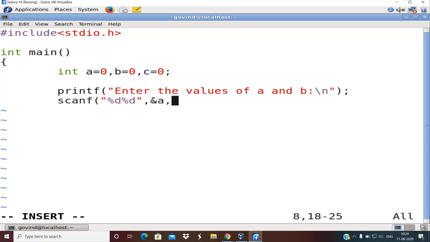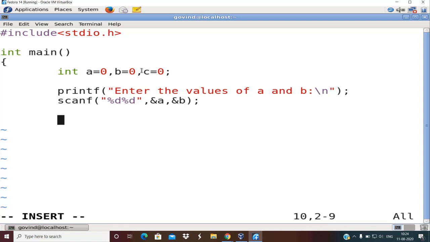So ampersand refers to the address-of operator. Then after reading a, I want to read b, hence I have written this statement. So this is a scanf statement which reads two values, and whatever integer number I specify as the first value will go to a, and whatever I specify as the second value will go to b.